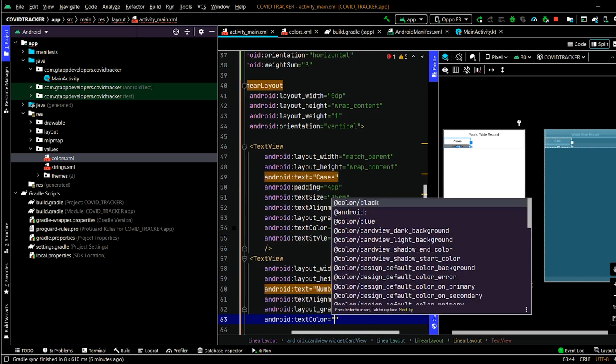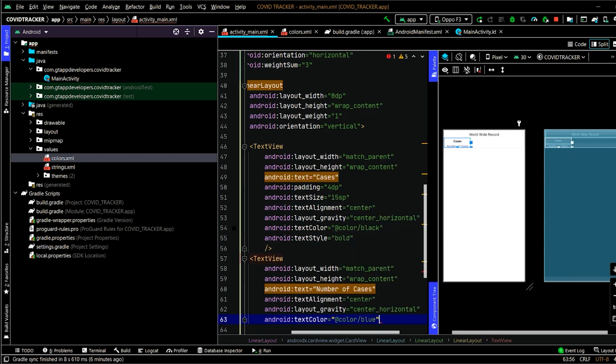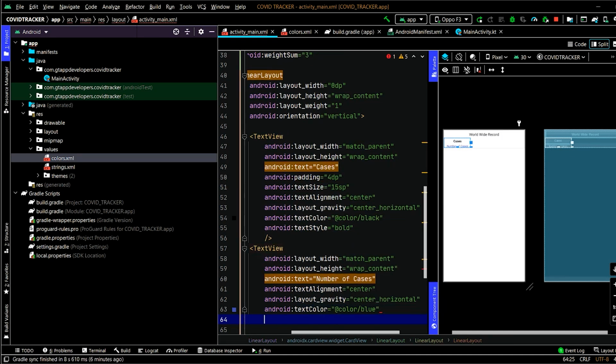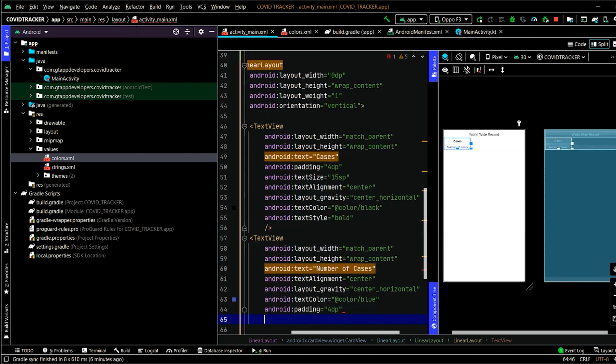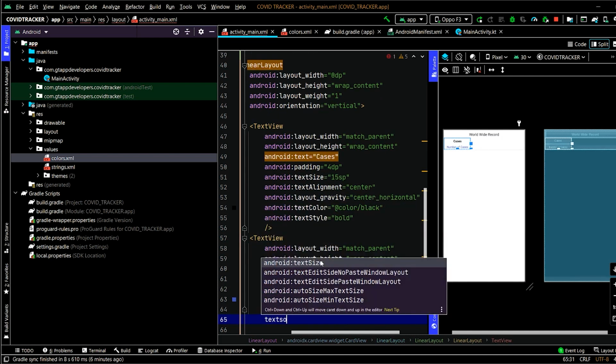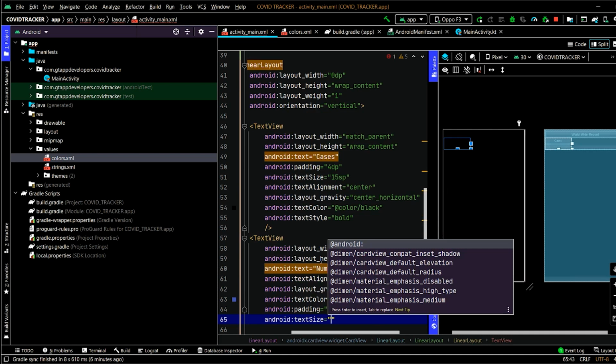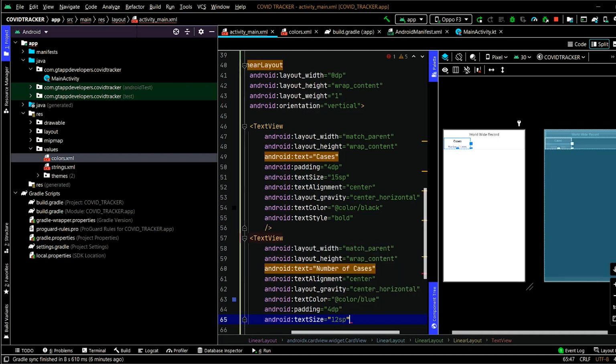We will specify text color here as blue. Here also we will specify padding as 4dp, text size as 12 sp.